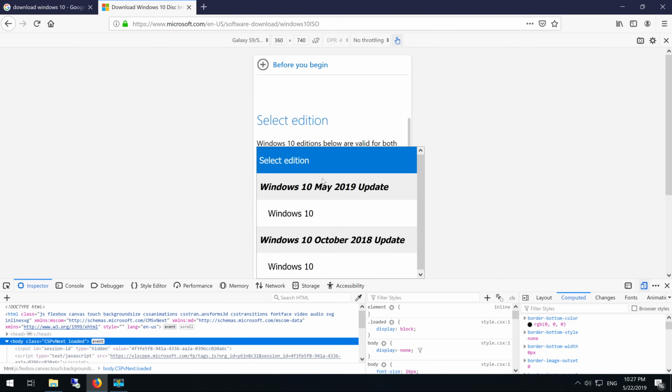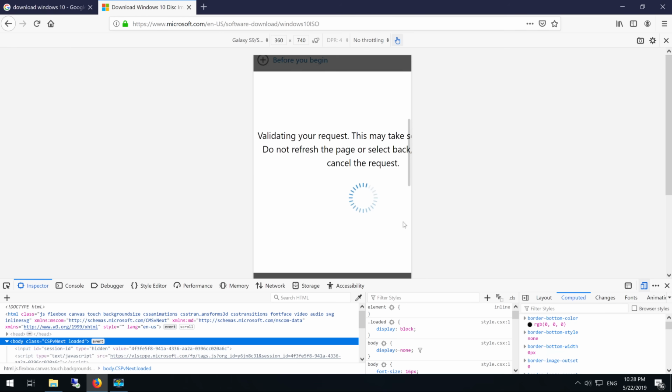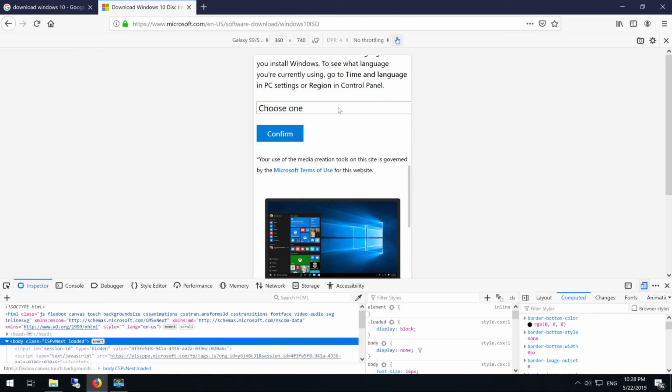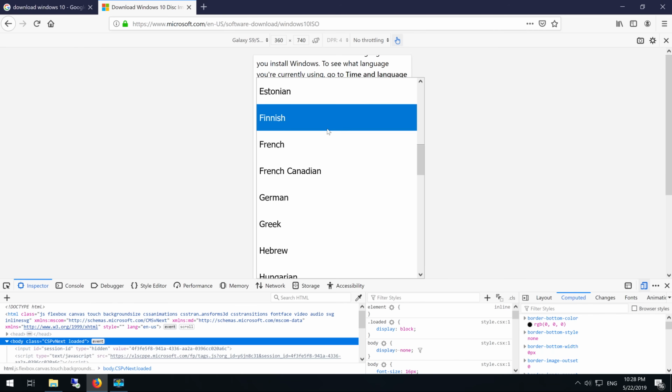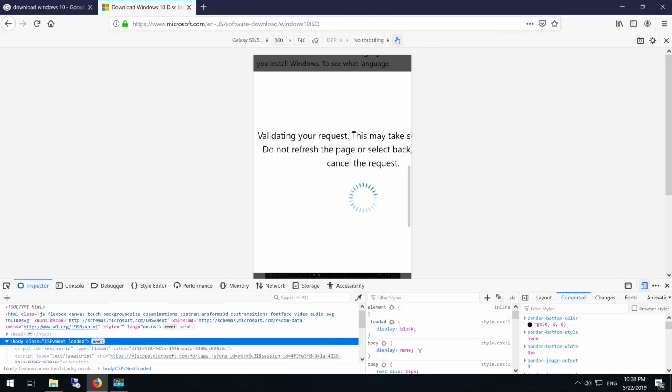So we'll click select edition and select the edition which was created in May of 2019. Select this, click confirm. After that we choose the language, English International for example, click confirm,